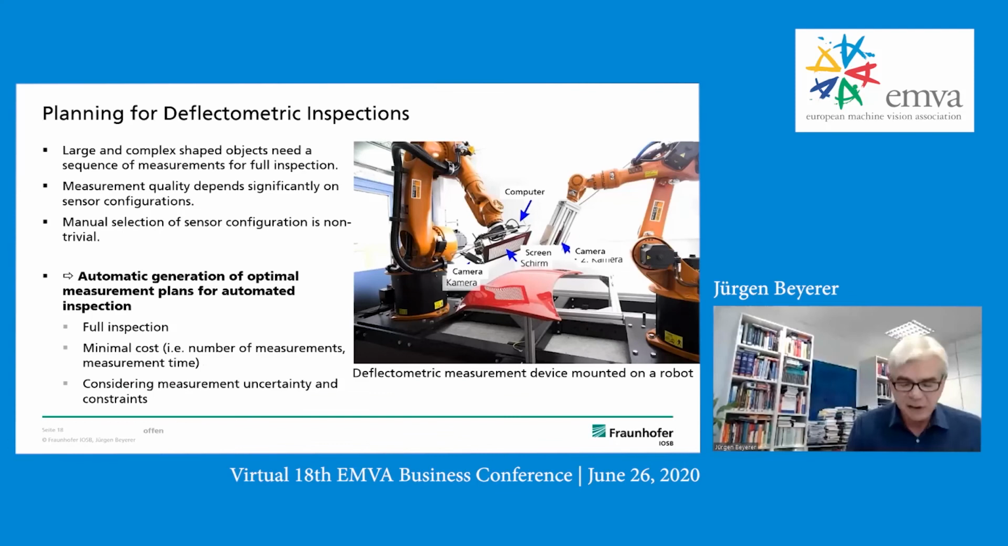So the next example is about AI task planning, and it's about planning for deflectometric inspections. The problem in deflectometric inspections is that you most of the time have large and complex shaped objects, and you need a sequence of measurements for the full inspection of the surface. Think about a complete car, for example, or here a hood from a car. The measurement quality you achieve